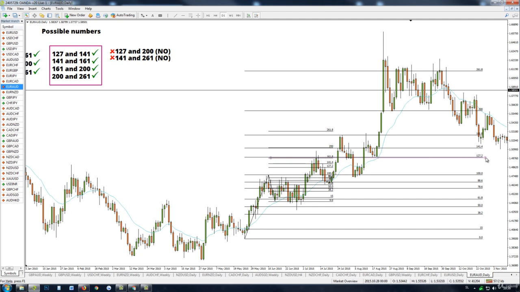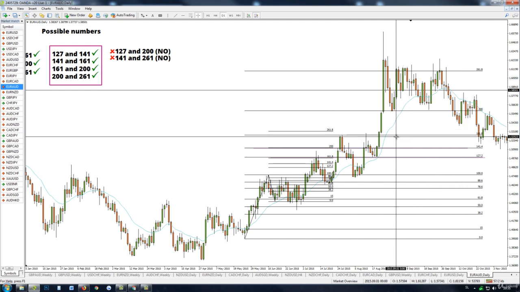Okay, and the second one is a little higher. You can see 141 and 200 pretty close together, even better. Okay, and then we have the third one right here, but this is, for me personally, a little bit too far to trade. Okay, but still, if you're not sure, if you want to add a last trade also,